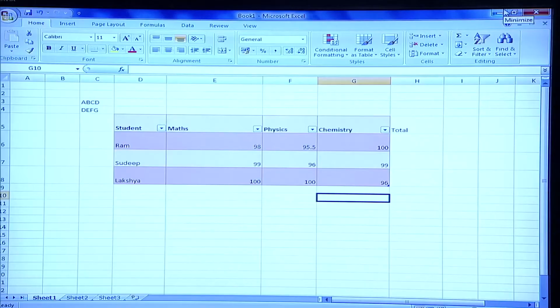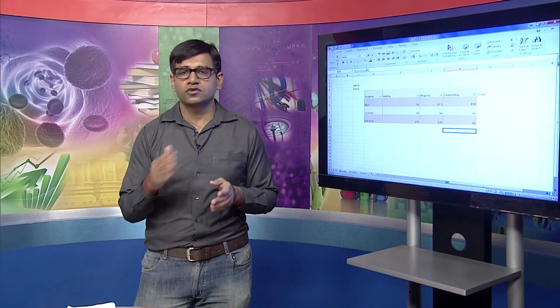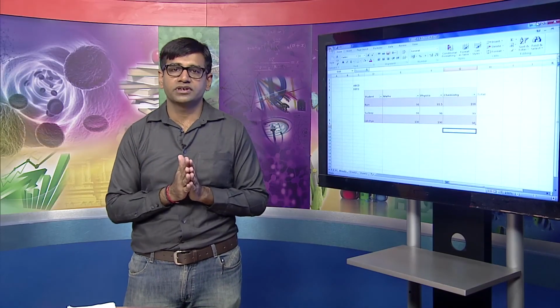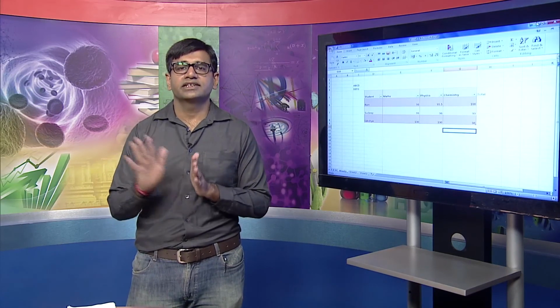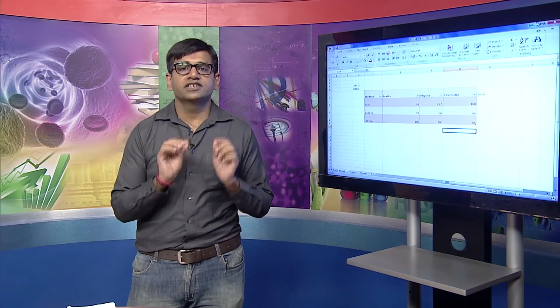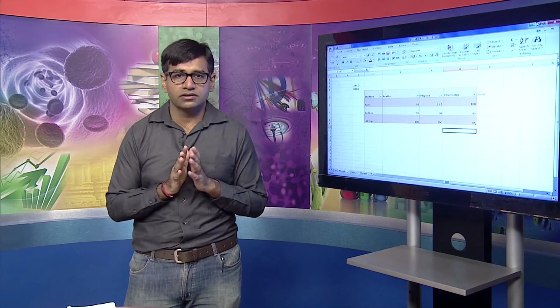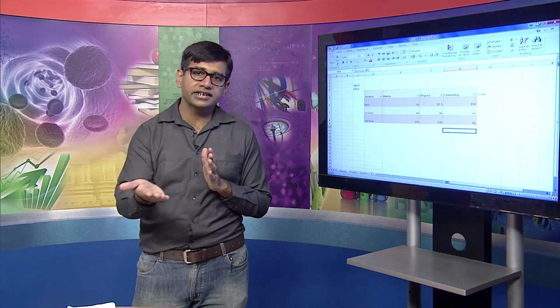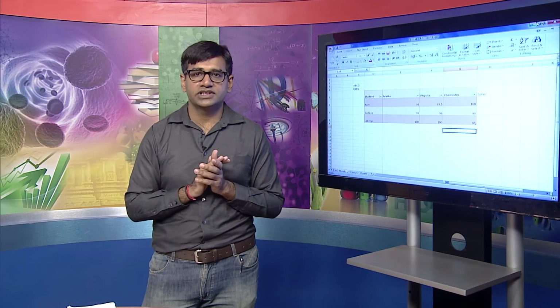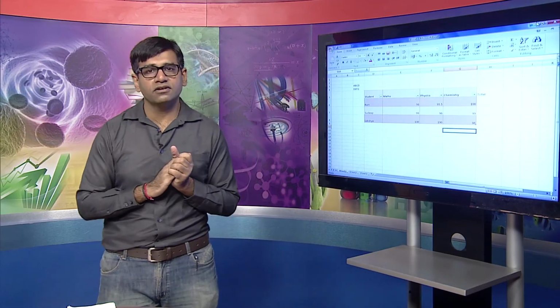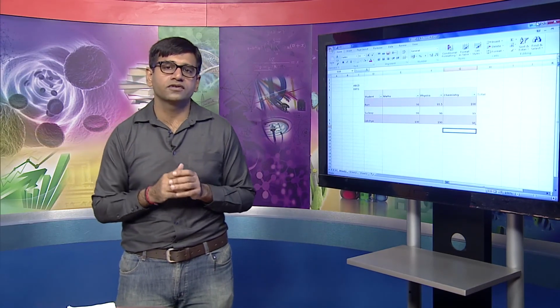For example, let us say these marks should not be changed. Whatever marks Ram, Mohan, Lakshay all got in the paper, they are sacrosanct, cannot be changed. You would like this particular data to be secure, so that whosoever you are sharing it with will not be able to change it. So, you can use the feature of protection of your worksheet.